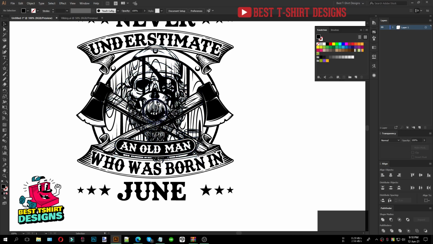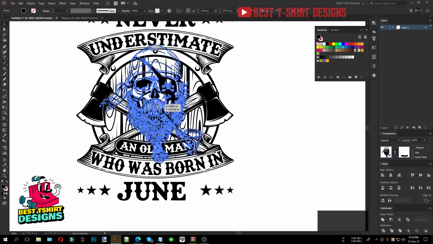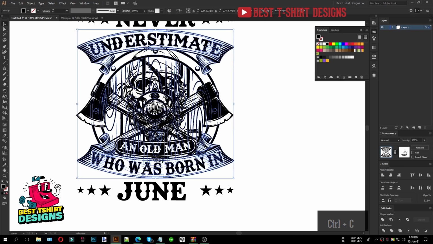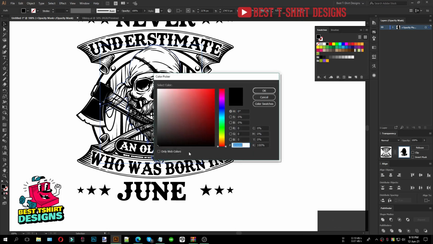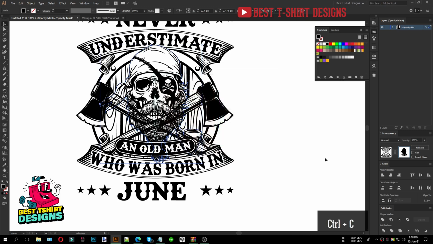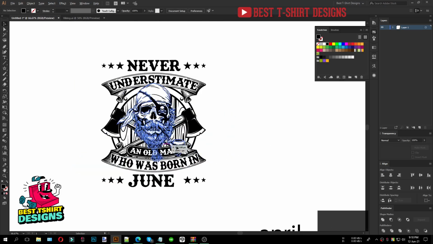And then of course for this skull I want to keep that on top of everything. So I'm selecting, copying that, and then if I select this one inside the transparency, press Ctrl F, then here merge unite. So merge unite will make it one single shape. Make sure that shape is completely black. You can check it also here. Okay, and then copy, and then click here, select the X group because that is now on top, and inside the X transparency press Ctrl F. So that will make it on top of everything, and that is completely visible, you can see. So this is how my design is looking right now.